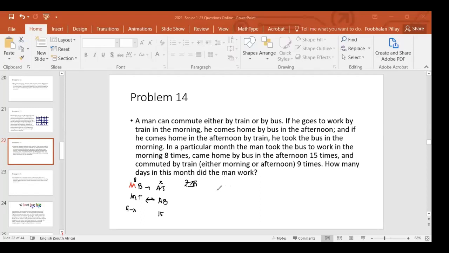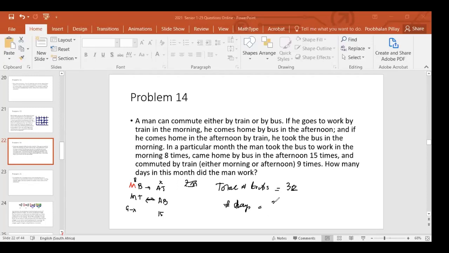The total number of trips he makes is equal to the sum of all these. And when X minus X cancels, you see, so you'll have 8 plus 15, 23, 32. So the total number of trips he makes is, when you add these 4 numbers, you'll get 32. But therefore, the number of days will have to be half of that. That is the key point. Because each day he makes 2 trips, you see, up and down. The total number of trips is 32.